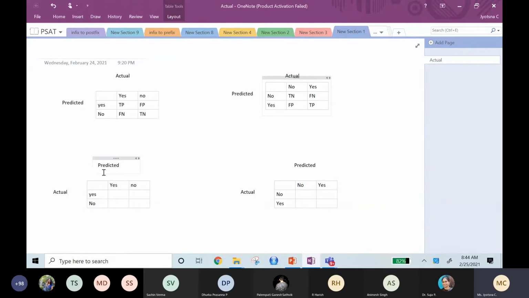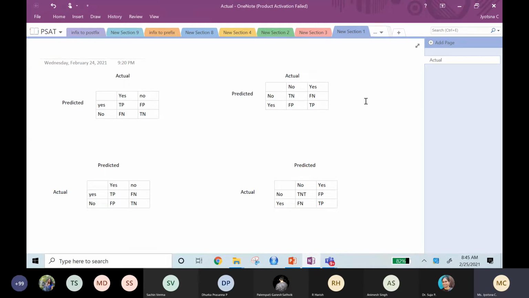Now in this case, predicted is here, actual is here. So predicted and actual both yes means true positive, both no means true negative. Now the next one we will try to fill. Actually he has disease but predicted as no, so what is it? False negative. So this will be false positive. And here, predicted and actual both no means true negative, and this will be true positive. Actually he has disease but predicted as no, which one is it? False negative, and this will be false positive.